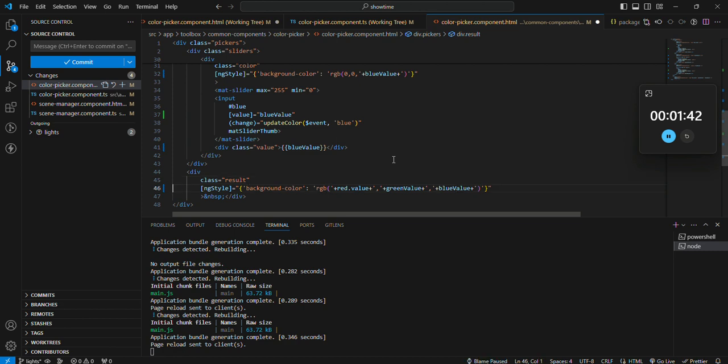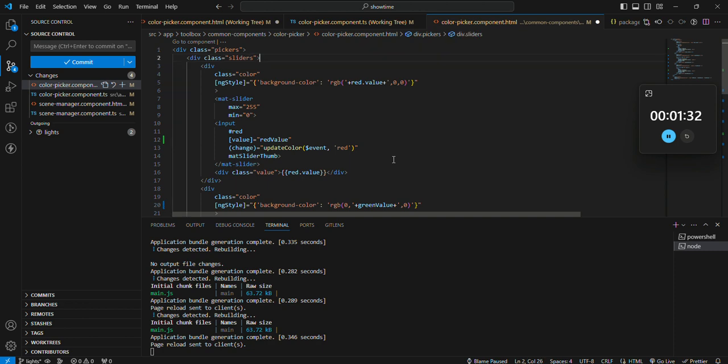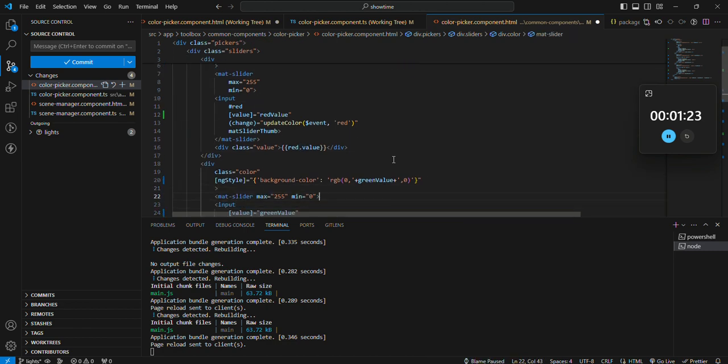A lot of times it's just easier, it works, so just leave it. But for your personal understanding, it's very, very helpful to go ahead and get rid of anything like that. I don't know why that didn't throw an error, but